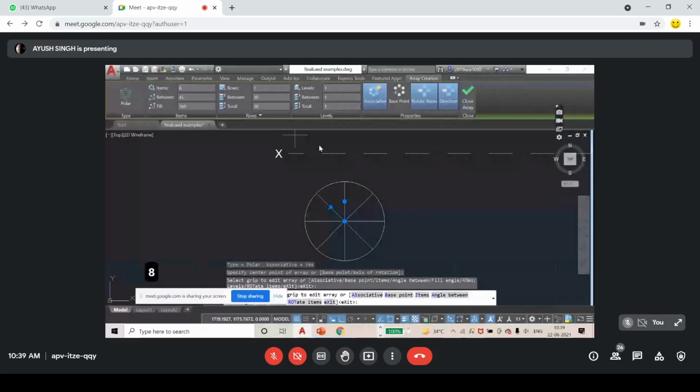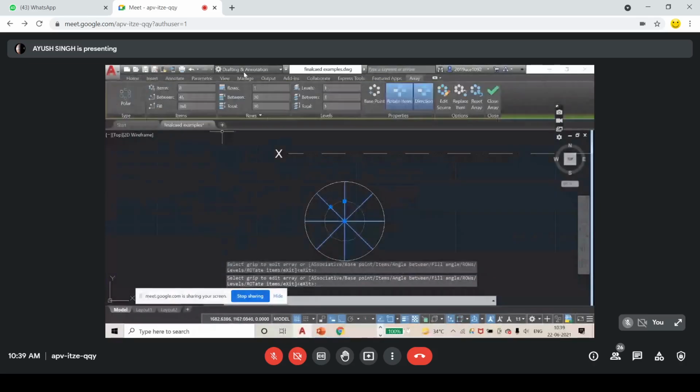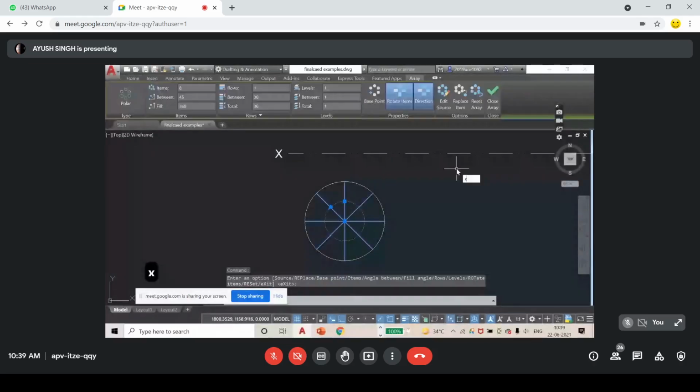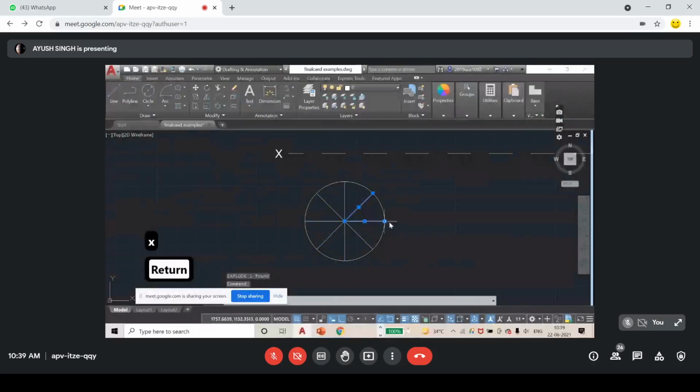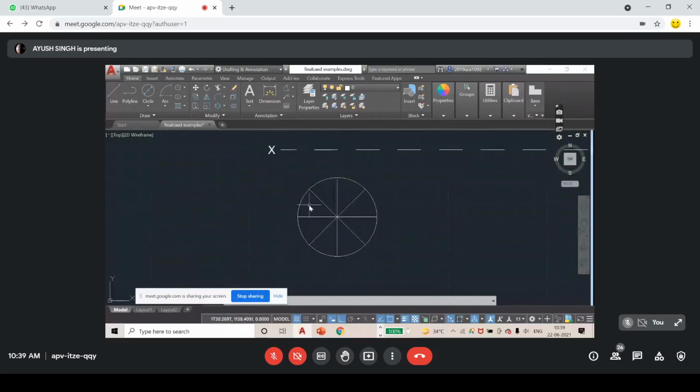That's why I said not all the things are important here. Also, one thing I forgot to explain: whenever you click on the polar array, this setting comes. If you want these lines to work individually, you just click on it and explode it. Simple. These are now individual, so no one can tell whether you drew this from a polar array or from measurements. You can join it again, but it will not be back to an array. Please make sure you will not be able to edit the array now, because this is not an array anymore.